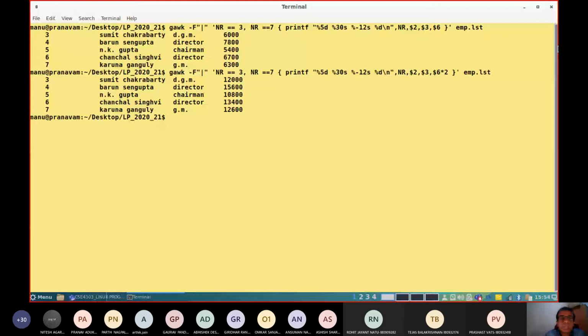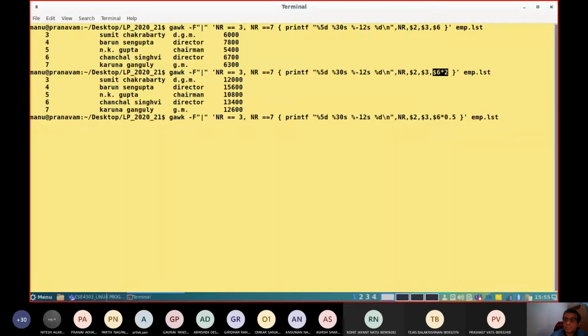Now look at Sumit Chakravarti, 6,000. What I did here in the printf command, I multiplied the value stored in $6 by 2. I doubled it. Any value you can use to decrease it, say for example 0.5, 50%.